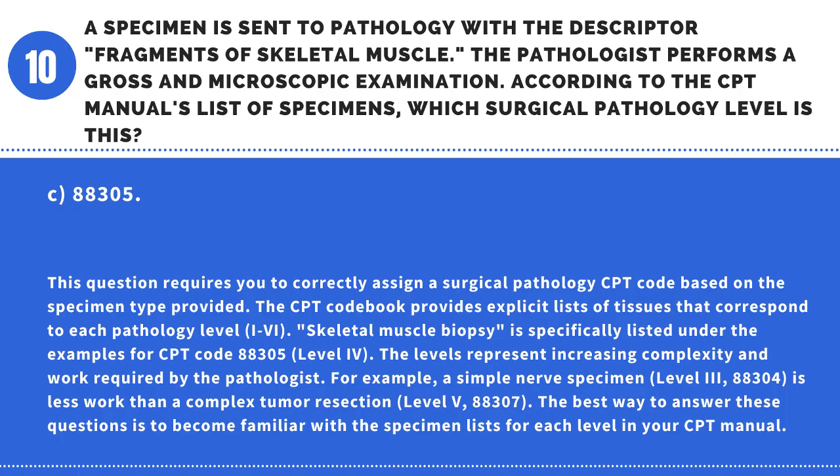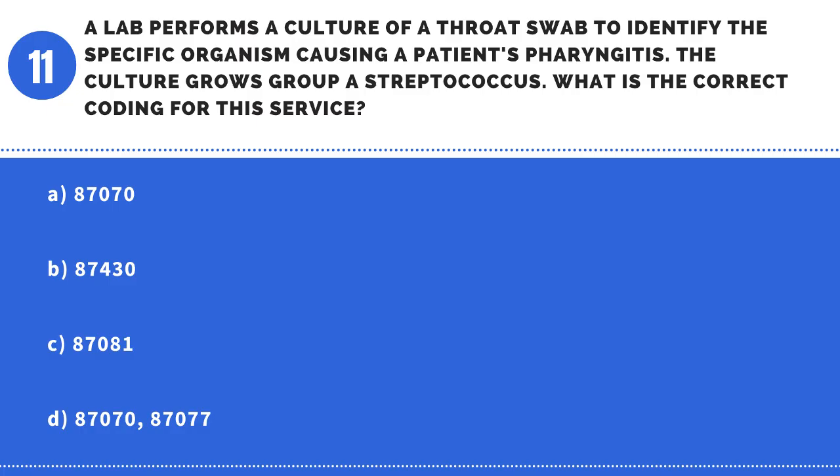The levels represent increasing complexity and work required by the pathologist. For example, a simple nerve specimen, Level 3, 88304, is less work than a complex tumor resection, Level 6, 88307. The best way to answer these questions is to become familiar with the specimen lists for each level in your CPT manual. Question 11. A lab performs a culture of a throat swab to identify the specific organism causing a